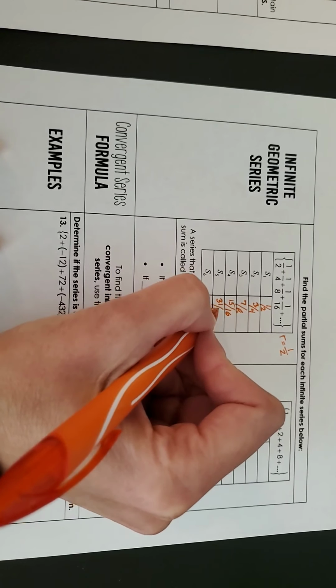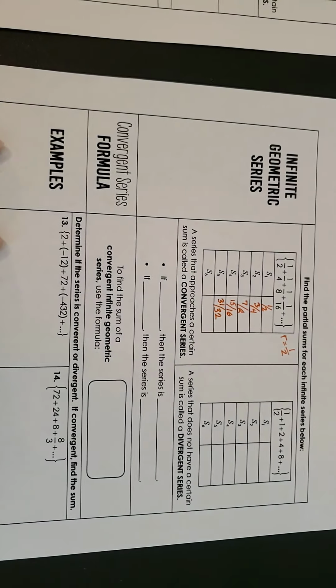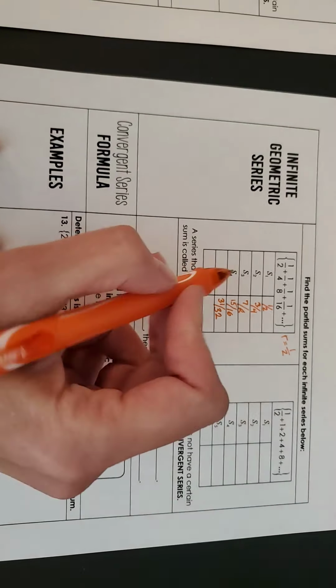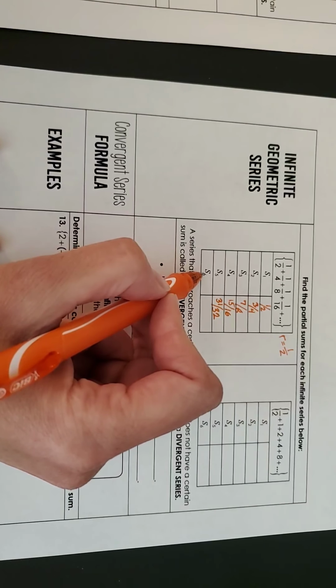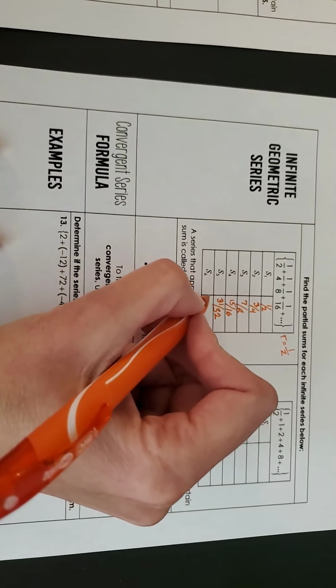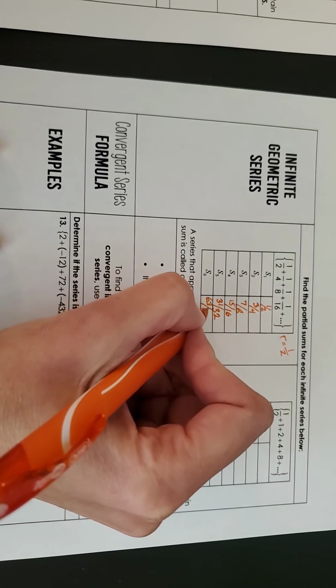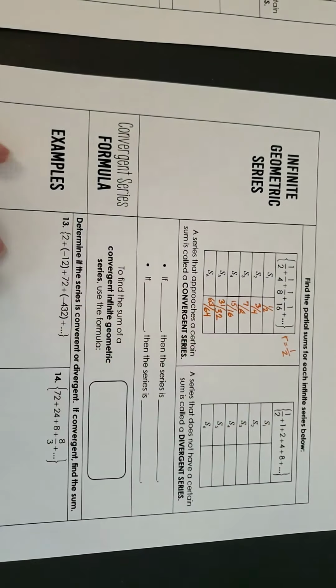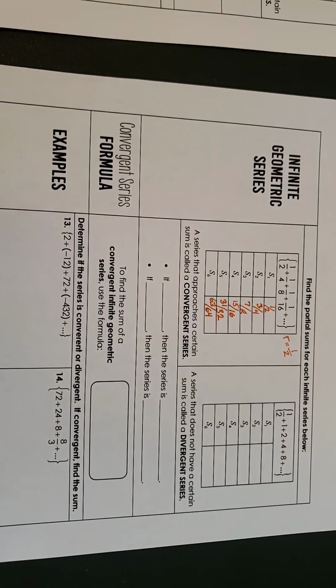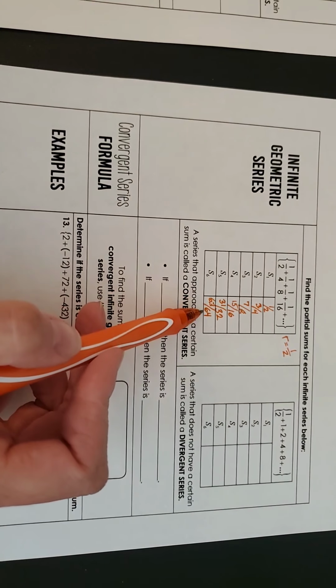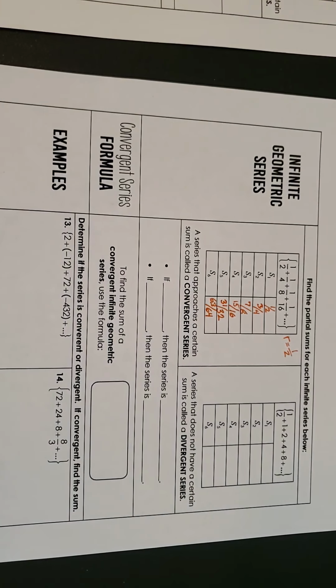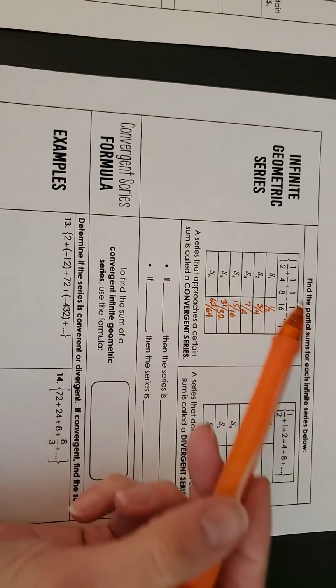So the sum would be 31/32. And then the sixth term, that would be in terms of 64ths. That would be 63/64, and so on. That numerator is always one less than the denominator,